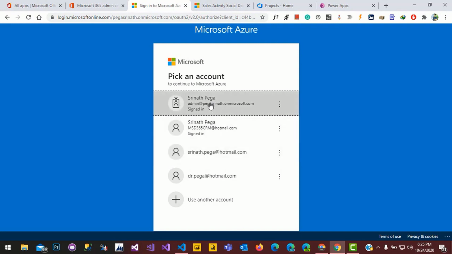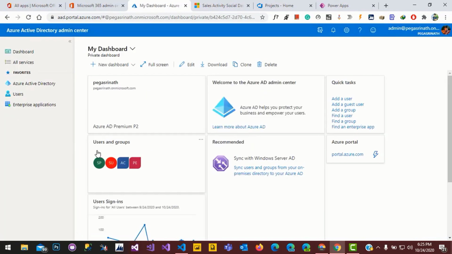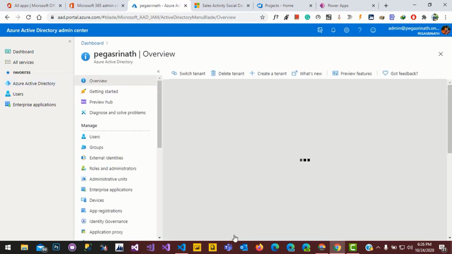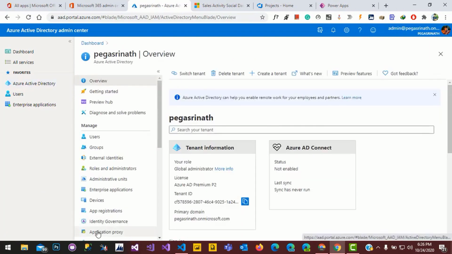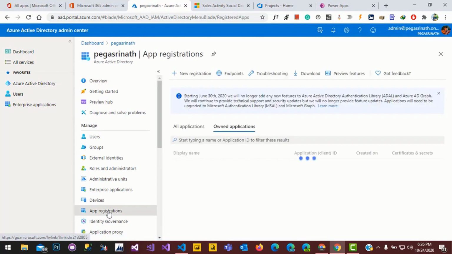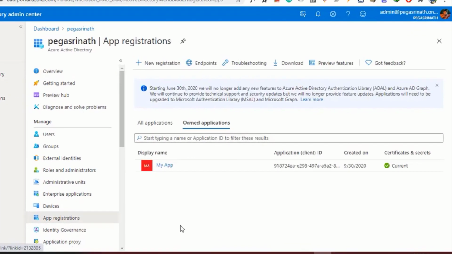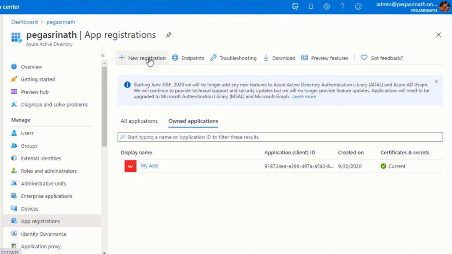It's asking to log into Azure, then click on the Azure Active Directory and click on app registration and click on new registration.